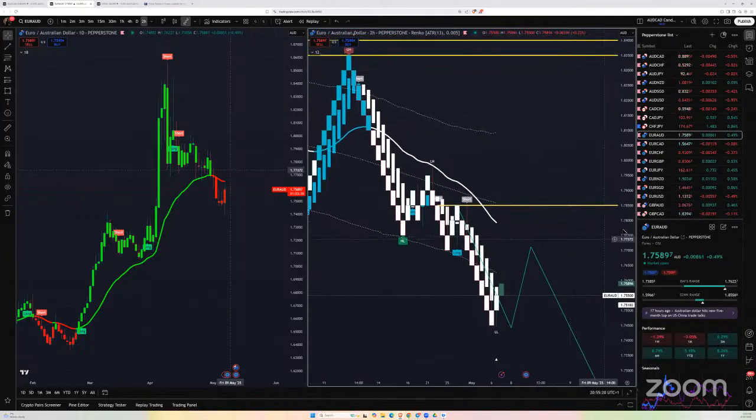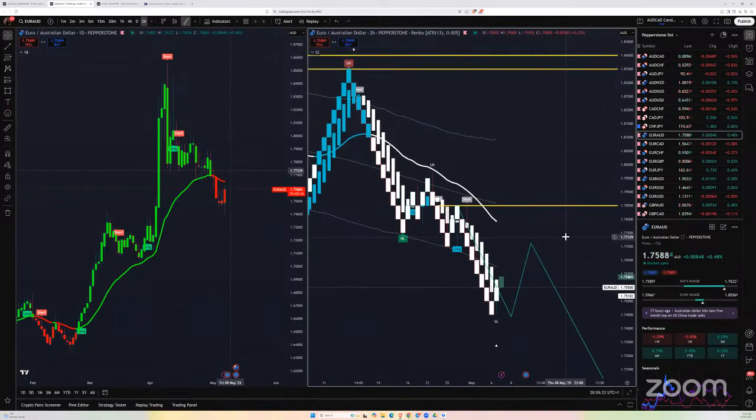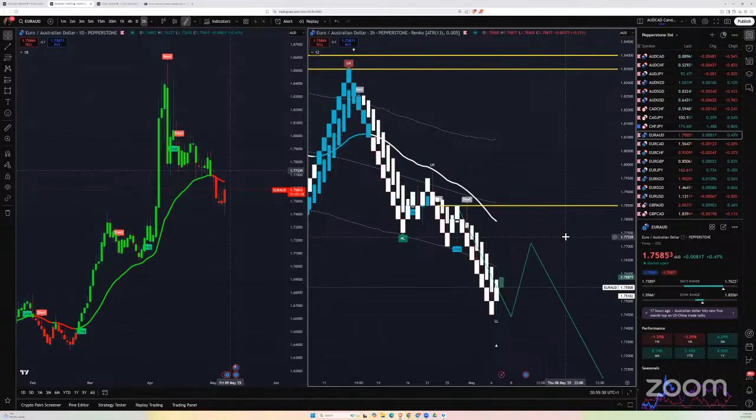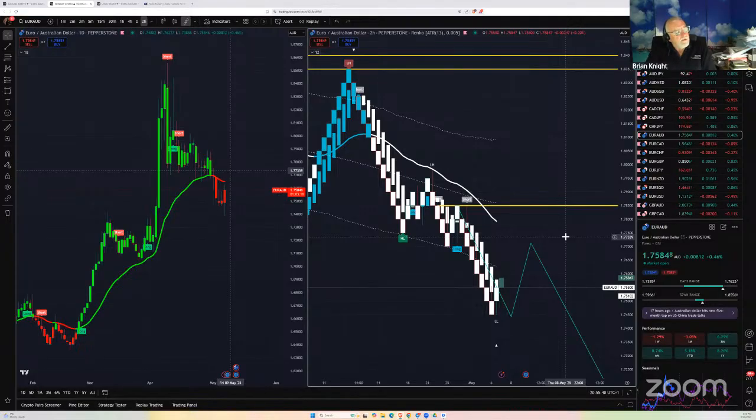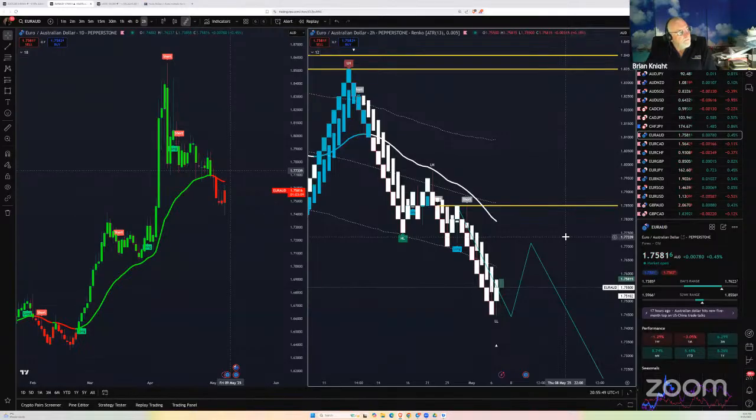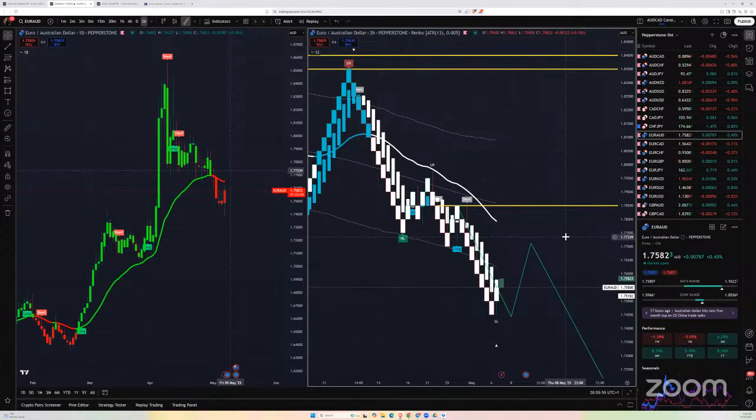Here's why I'm hesitant. One, you're in a downtrend now. It's still moving down. This is telling you it's not going to come back all the way, and your line's still white. So it's a good possibility that this is going to be a pullback before a continued push. Because that looks like a high over there on your side with that big green candle. So as long as that line's white, I'm still looking at taking sells out of this.